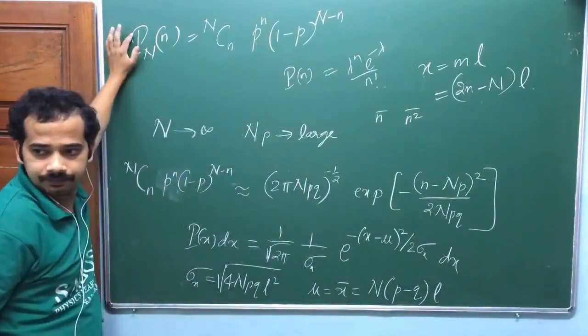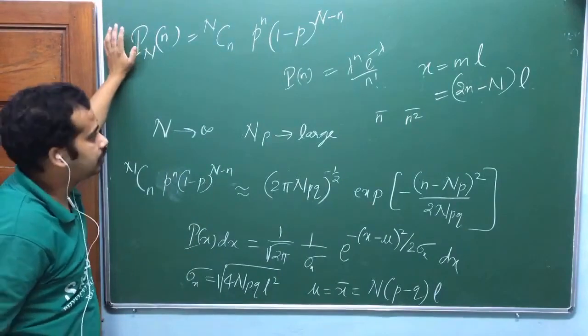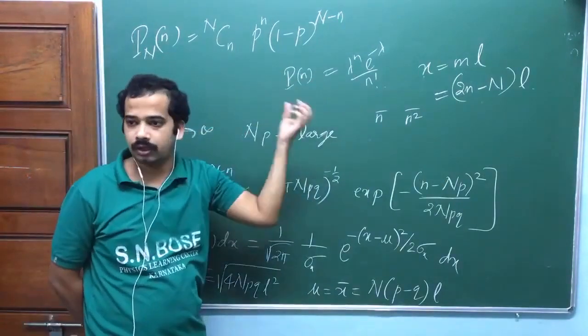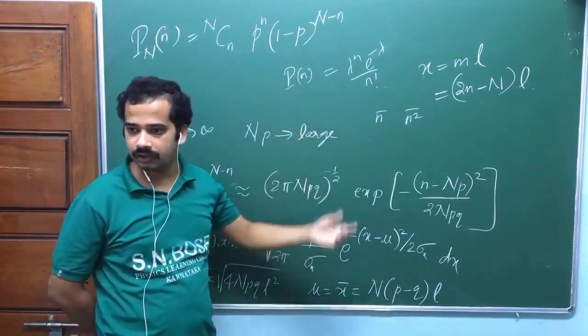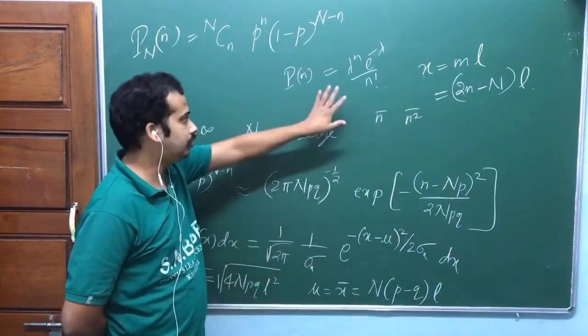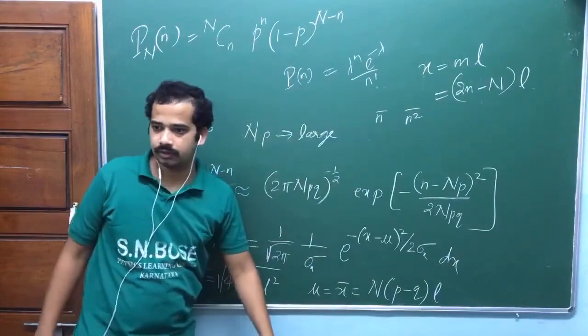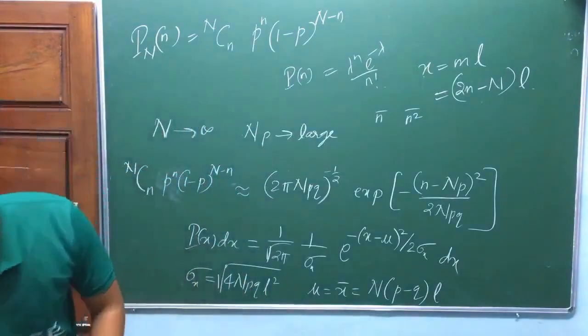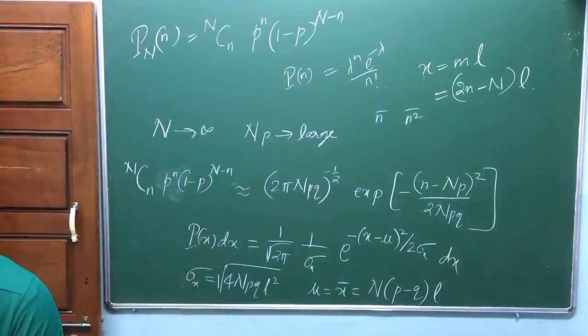This is also discrete, am I right? You are talking about some particular event depending on n, but this is continuous. Here you need to do integration. Here you need to do summation as before actually. But I don't think we can derive any generalized formula. Let me check that out, okay?